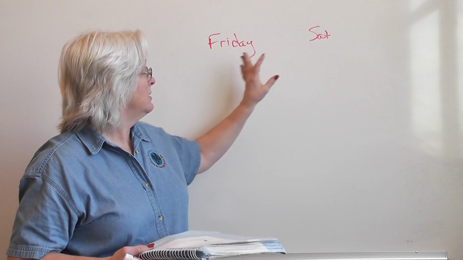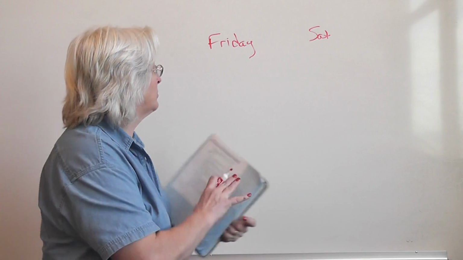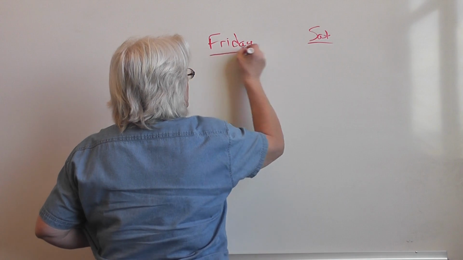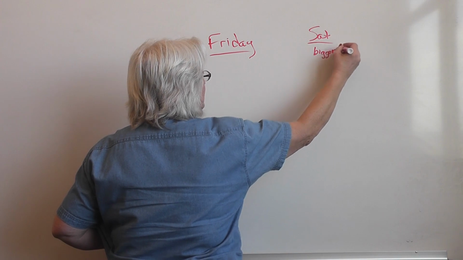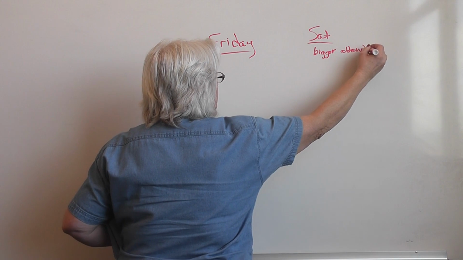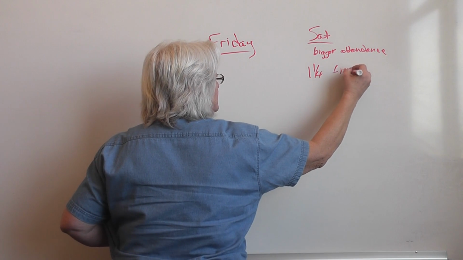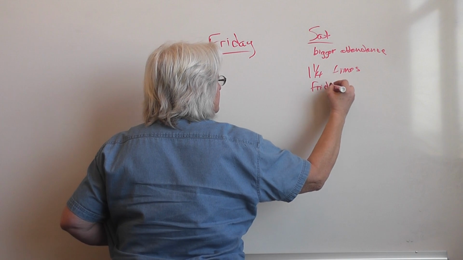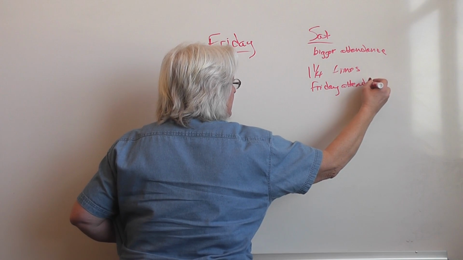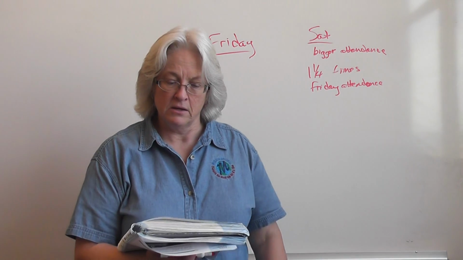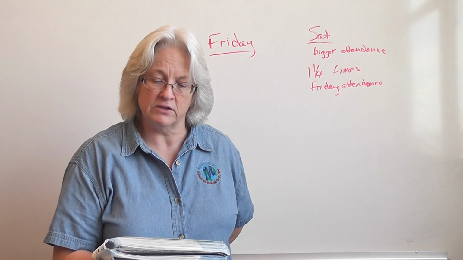So which has the larger performance, Friday night or Saturday night? Well, Saturday night has the bigger performance because it's 1 1/4 times the performance on Friday. So it's bigger attendance, or greater attendance, I guess. So it's 1 1/4 times Friday's attendance. Now, it says if there were 95 people in attendance on Saturday,